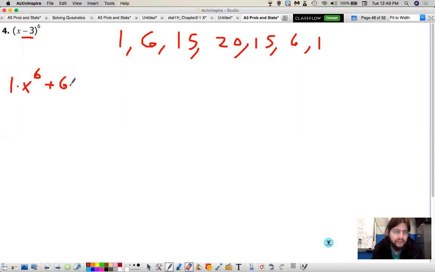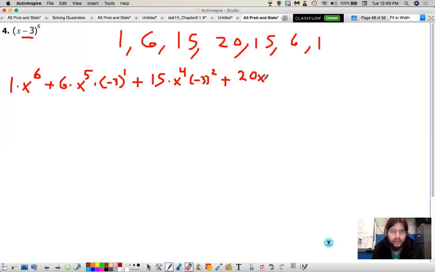Plus 6 times x to the 5th. What is my b this time? -3 times -3 to the 1st, plus 15 times x to the 4th, and that's going to be -3 squared, plus, and then that's 20 x to the 3rd, -3 to the 3rd, plus 15 x squared, -3 to the 4th,